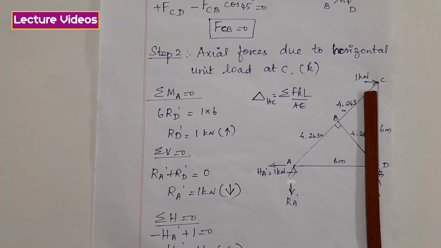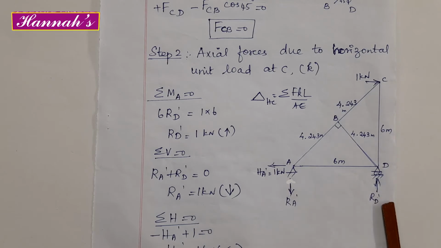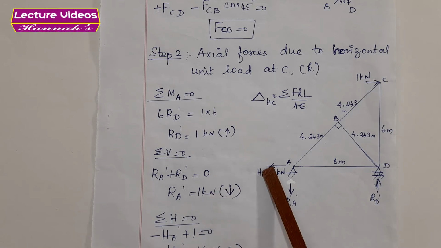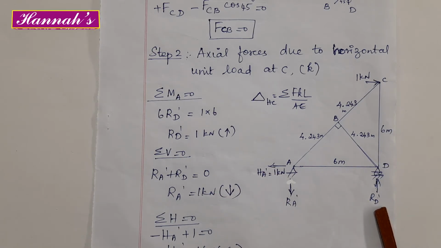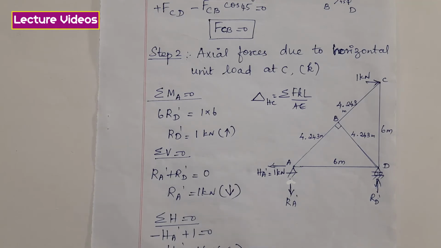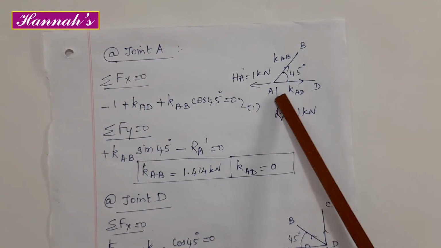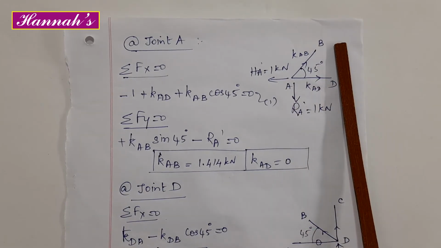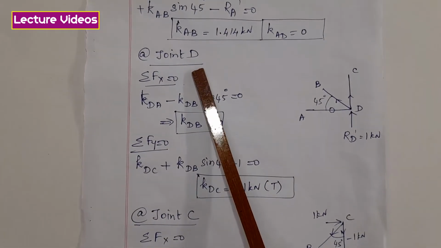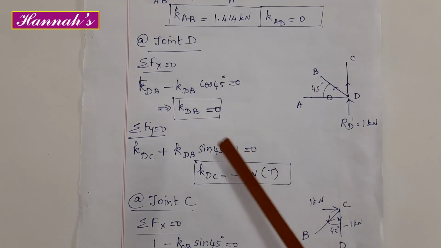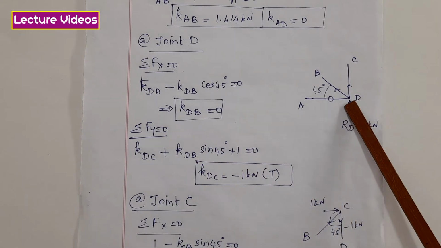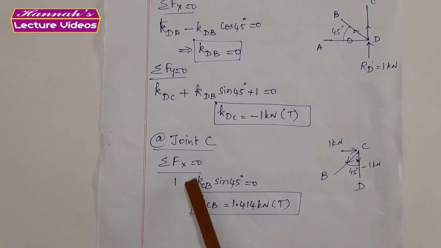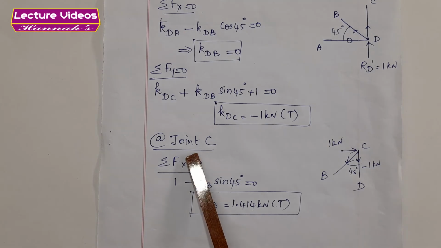With this unit horizontal load, the reactions at A and D have to be determined. Based upon the static equilibrium equations, the unknowns at supports A and D are determined. You have got the values and the directions. With these reactions, I resolve at joint A. I can determine the values of KAD, KAB. Then I go to joint D. I make use of these two equilibrium equations again, for DB and DC, by resolving at joint D. Then one more member is there, that is CB, that can be resolved by taking joint C.